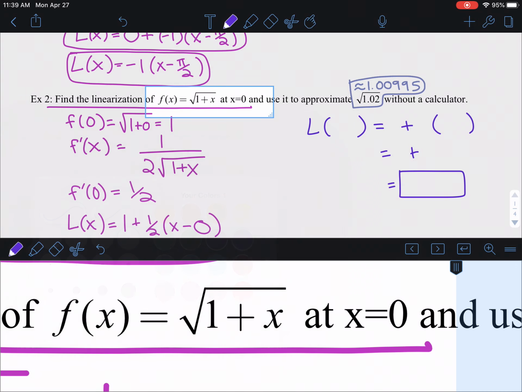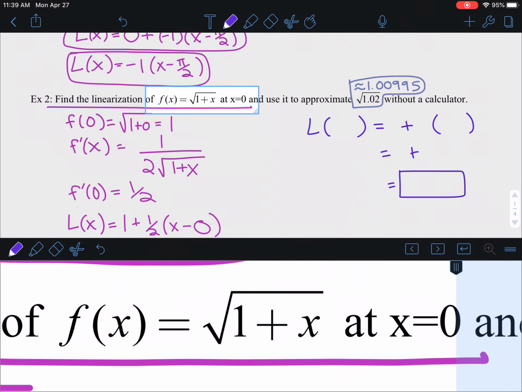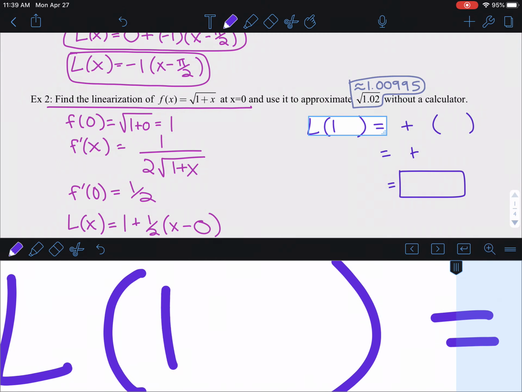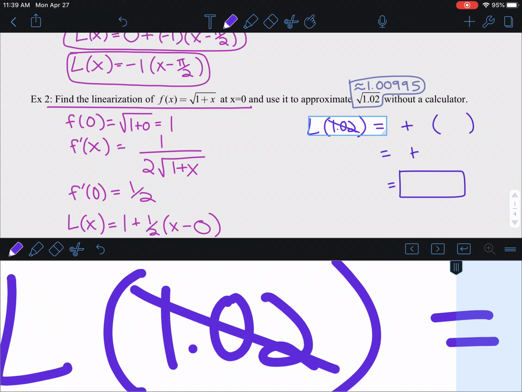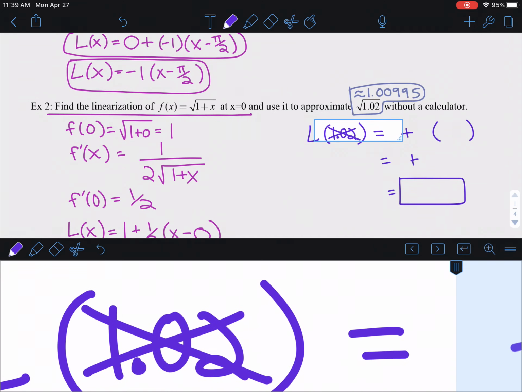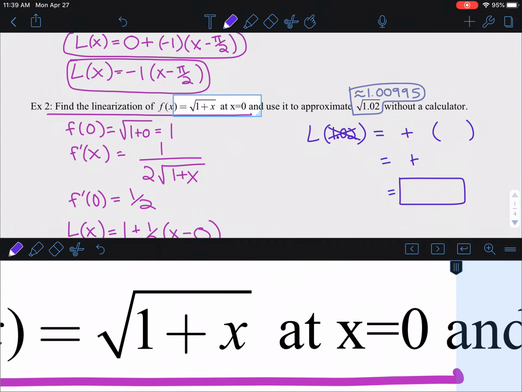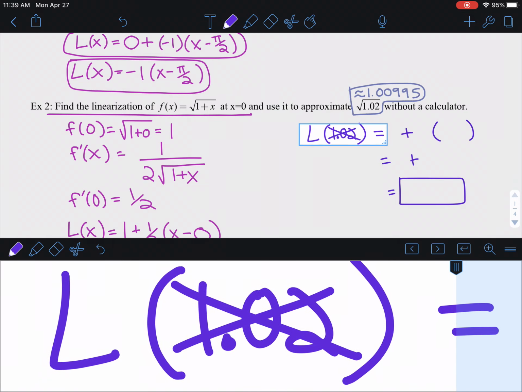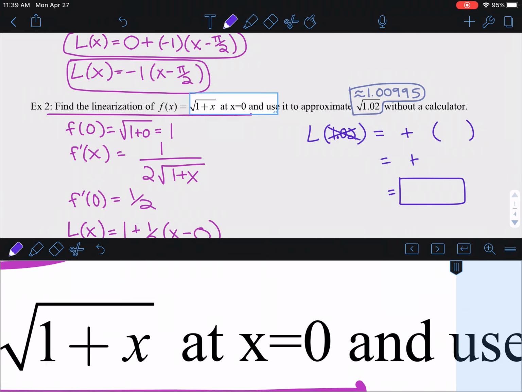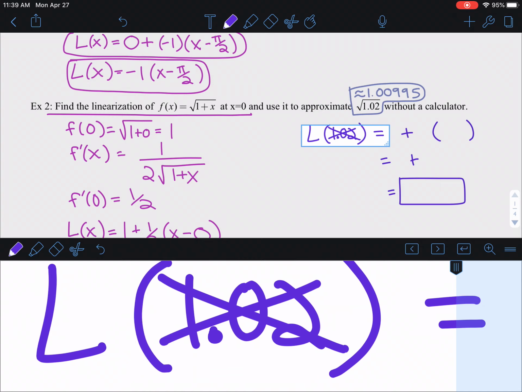But here's the thing, and something that's going to make this question a little bit different, is that I don't want x here to be 1.02. This is a common mistake people make with linearization questions. They look at this and go, okay, whatever I'm trying to approximate should be the x value. Well, not quite. You want to consider what the function is. If my function was the square root of x, then absolutely x would be 1.02. But here the function is root 1 plus x, so in this case, x only has to be